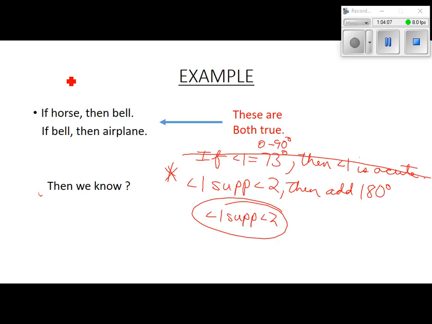We go back to this. If horse, then bell. Cover this up. If horse, then bell. If bell, then airplane. What conclusion can we draw? If horse, then airplane. Law of syllogism. Okay,